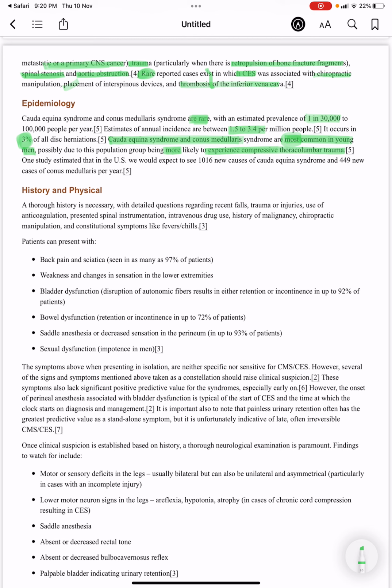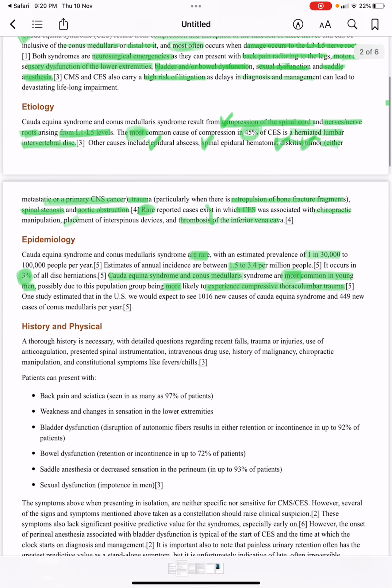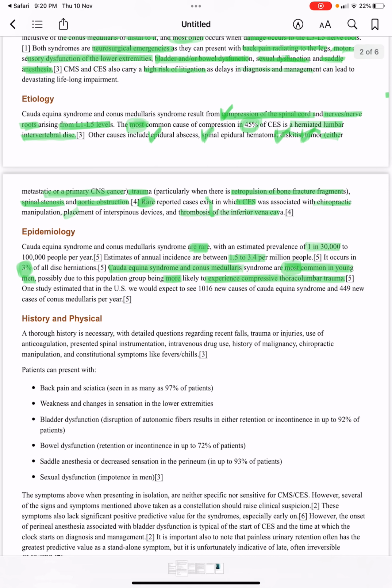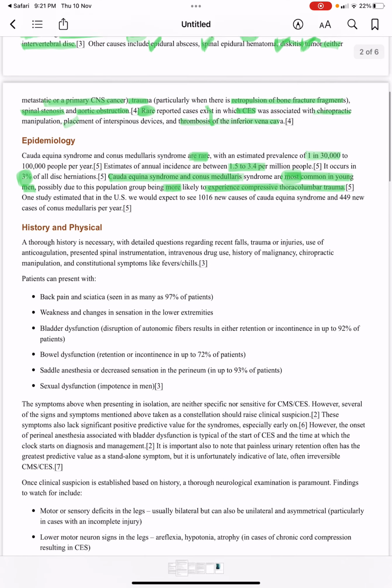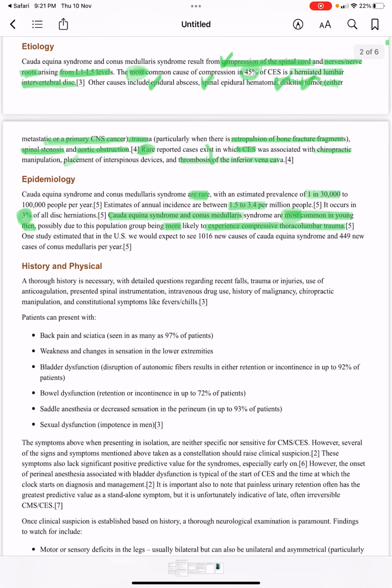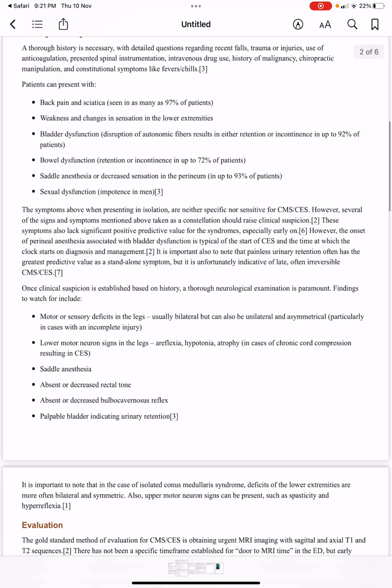A thorough history is necessary, with detailed questions regarding any recent fall, any trauma or injuries, and any use of anticoagulation, because even a spinal epidural hematoma is known to cause conus medullaris and cauda equina. Also ask about any spinal instrumentation, IV drug use, malignancy, chiropractic manipulations, and constitutional symptoms like fever or chills. All of this history should be taken. Patients can present with